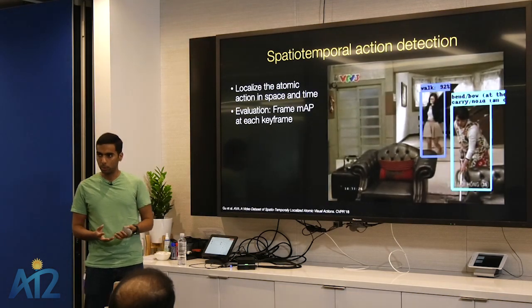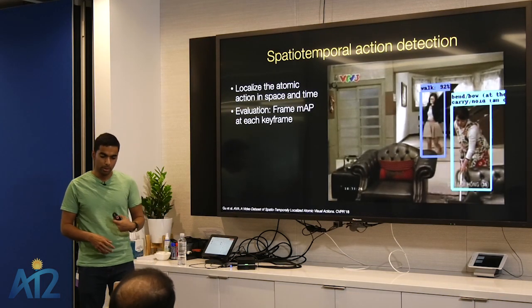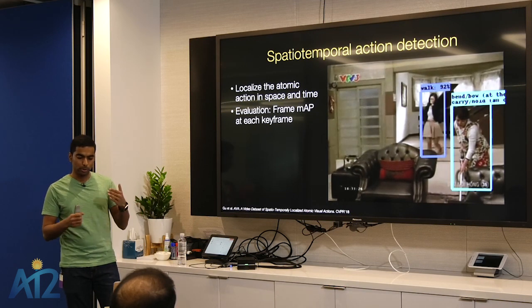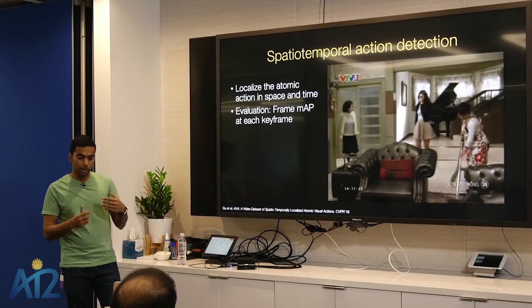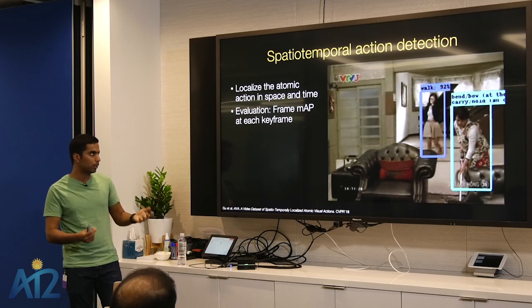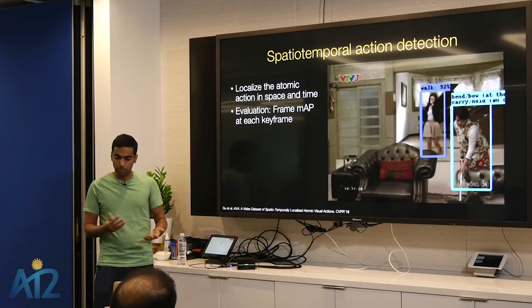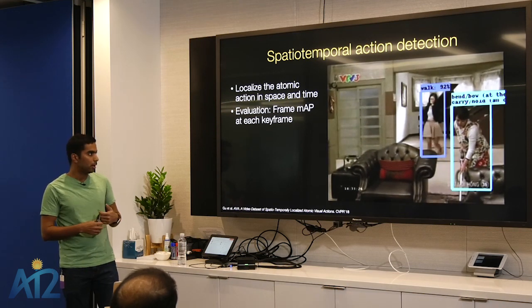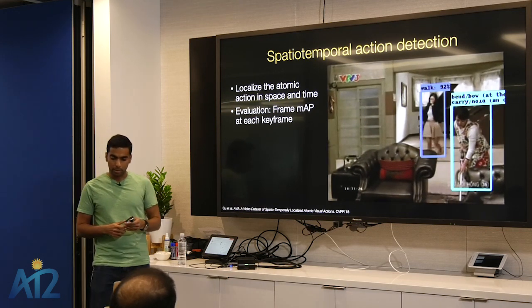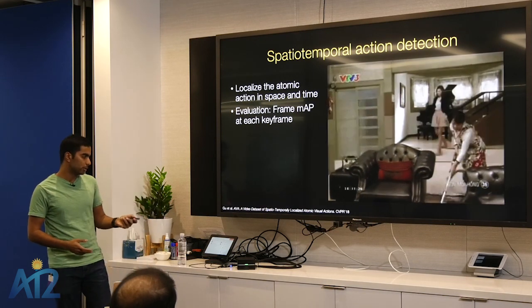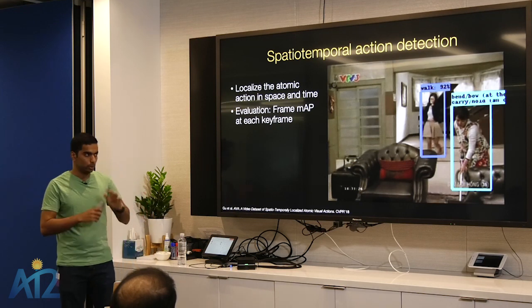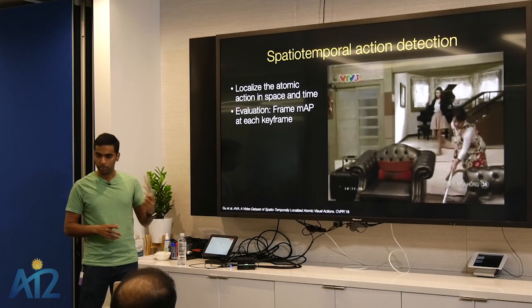And this is technically known as the problem of spatiotemporal action detection, where the task is that you want to localize actions in space and time. So given any frame, you want to recognize all the people in that frame and recognize all the actions that they're doing. So detect the people and recognize all their actions. And the setup is actually very similar to object detection, so you can pretty much use the same evaluation metrics, for example frame mAP. And I'll be working with a recently proposed dataset called AVA, which came out from Google last year, and is actually the perfect test bed for something like this.